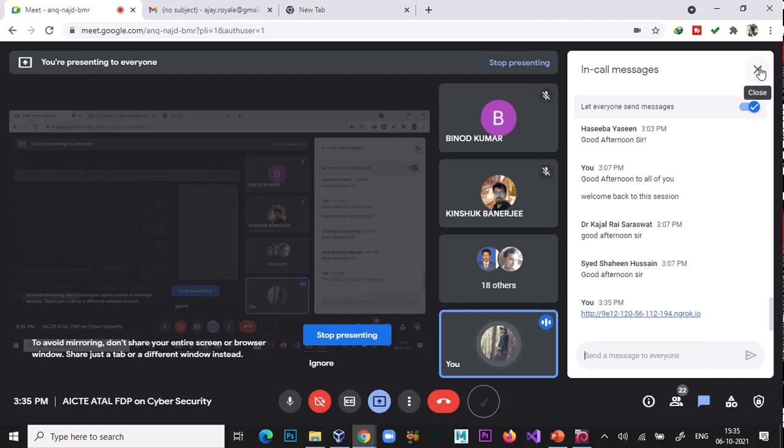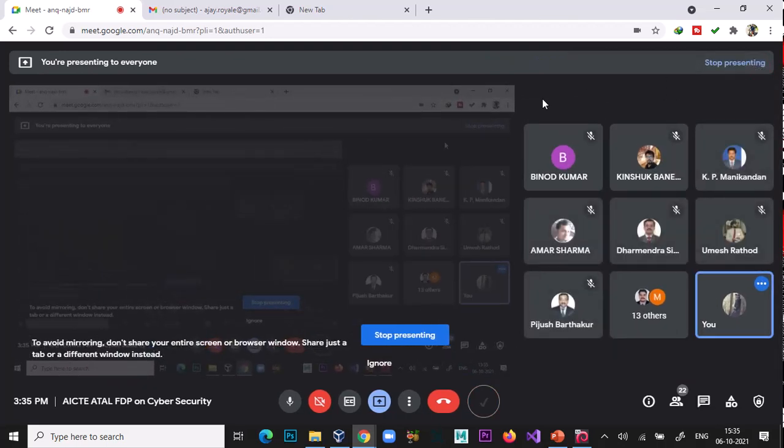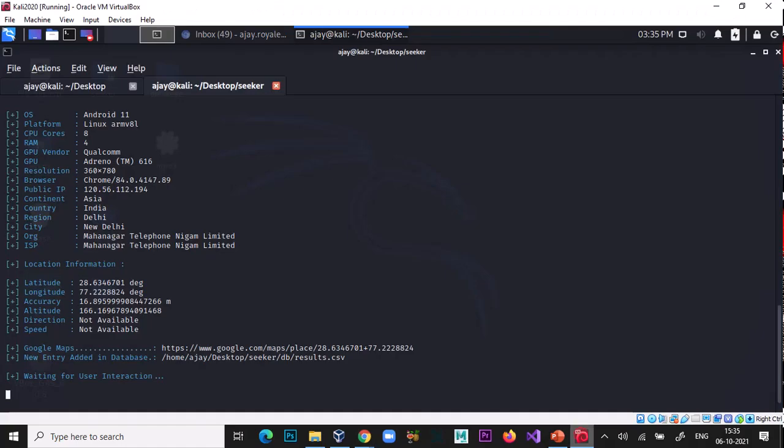So if any one of you using your smartphone, if you click by your smartphone, then your location is traced, as this is my actual location. These are the longitude and latitude.